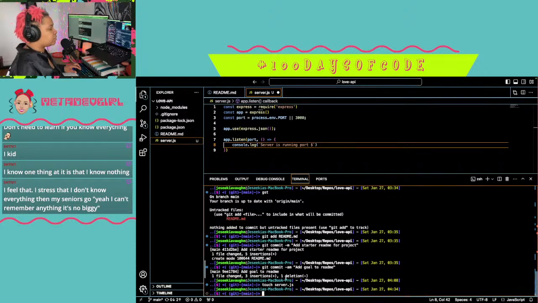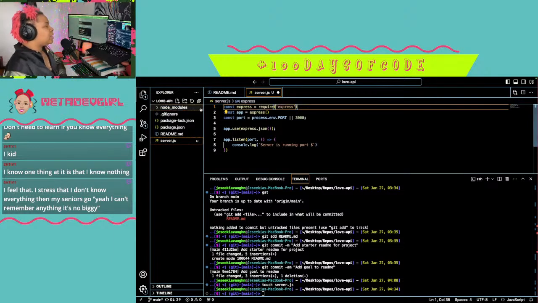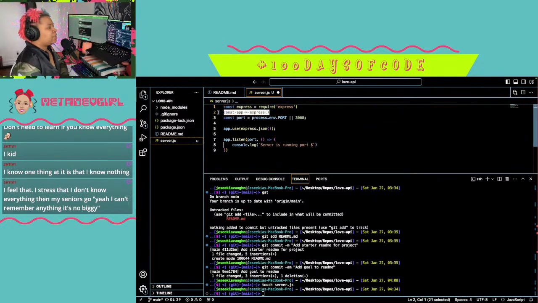Okay, so create this. All right, so we are requiring, did I do an npm install? Yeah, I did, because I have node modules. So we're requiring Express, and then we're setting up our app. We're just gonna call it app, literally.